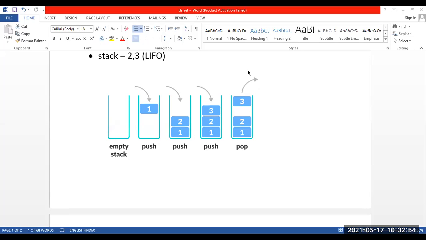Now when I say push, what is the meaning of push? Push means that I want to insert an element into my stack, or push means that I want a student to come inside the classroom. So the moment I say push, you should first apply the rule. The rule here is what? Last in, first out.